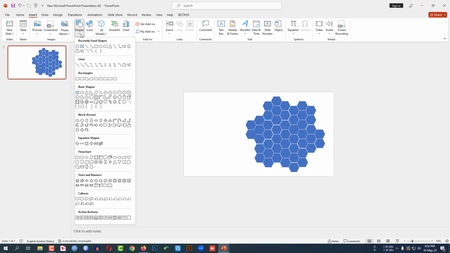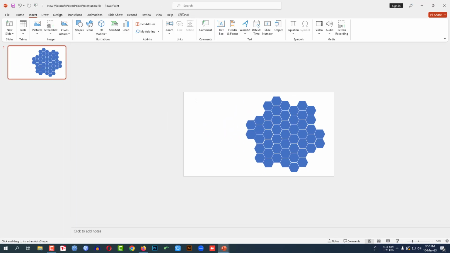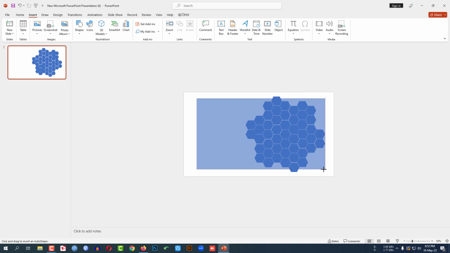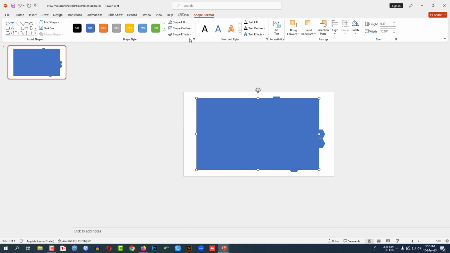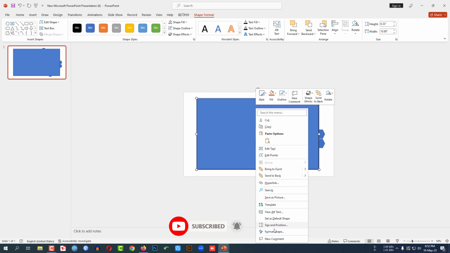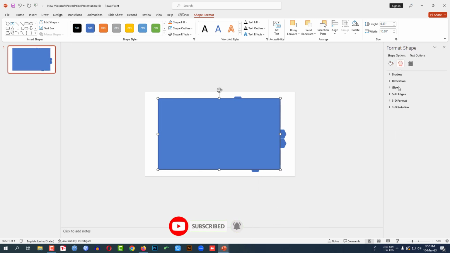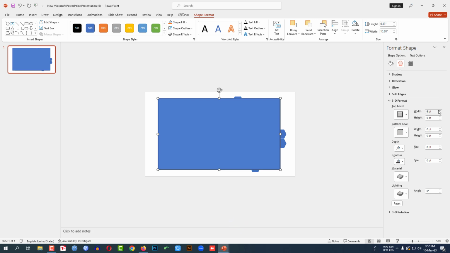Go to Insert, go to Shape, pick a rectangle shape and drag it over here like this. Go to Shape Outline, make it no outline. Go to Shape Effect, go to Bevel, click on this Bevel. Click on right button, go to Format Shape, go to 3D Format and change the width to 8%, change the